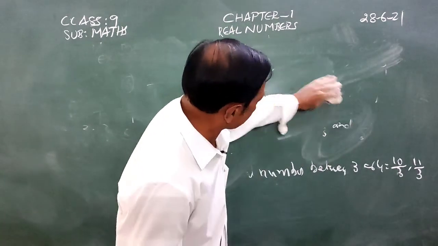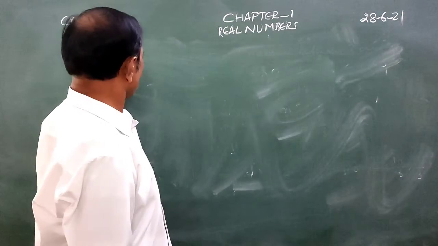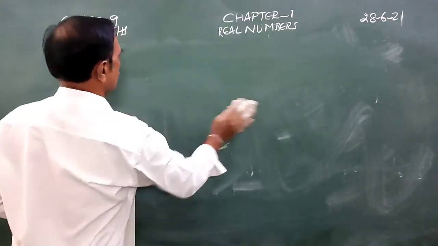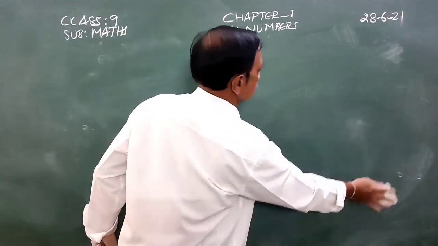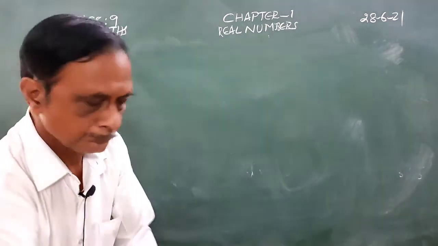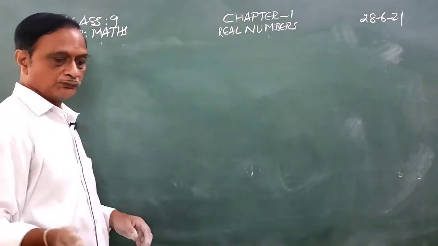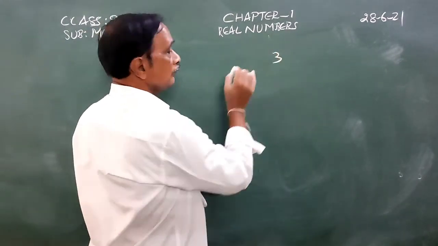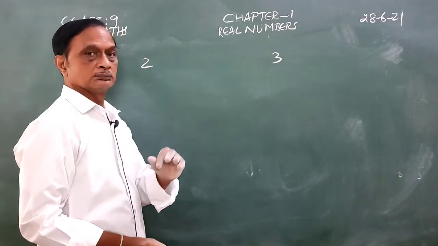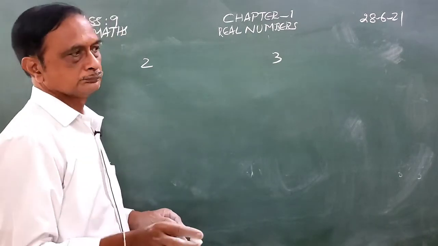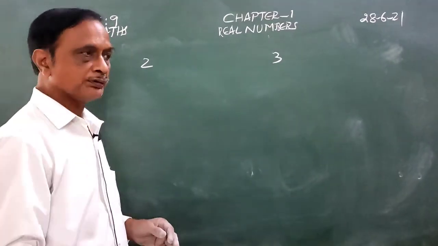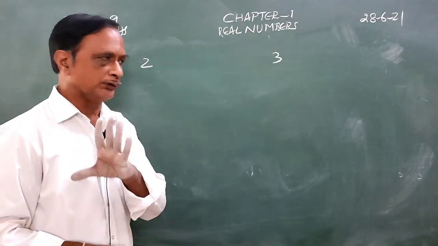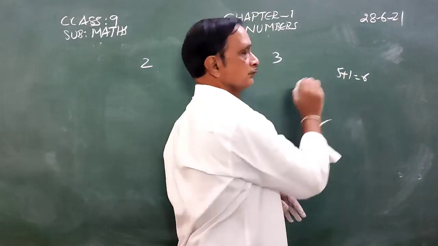Now, we take one more example for this model. See, in the do this we have first problem. Find 5 rational numbers between 2 and 3. 5 rational numbers. No need to write this one. So you write examples and problems given under do this and exercise problems. 2 and 3. How many rational numbers are required between 2 and 3? 5. 5 plus 1, 6.